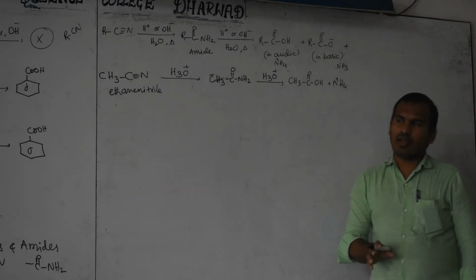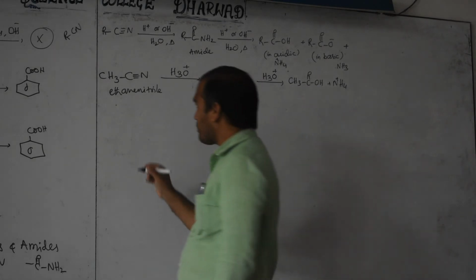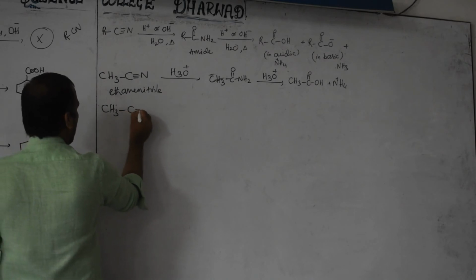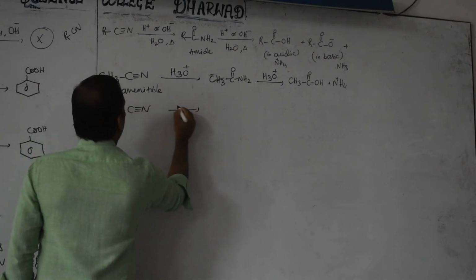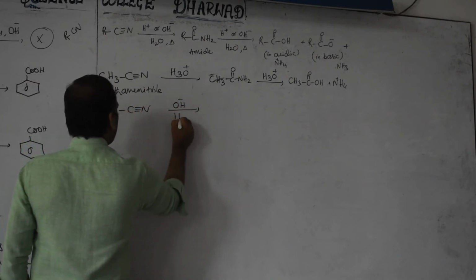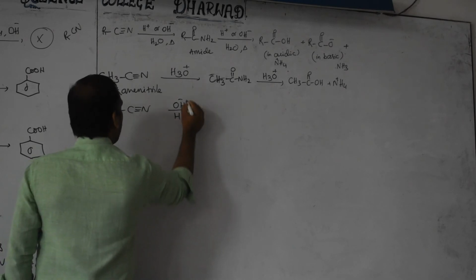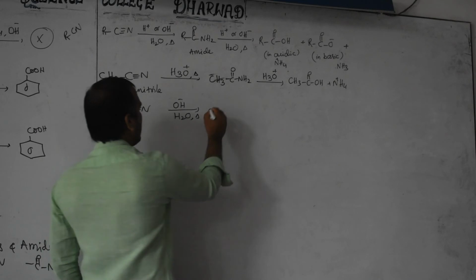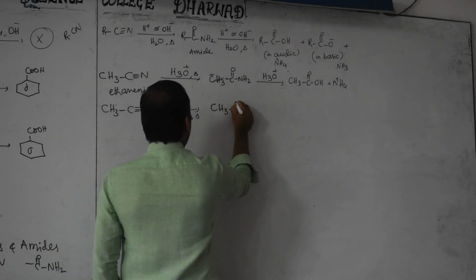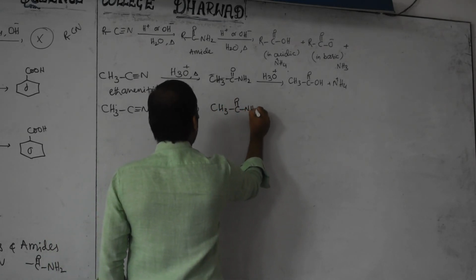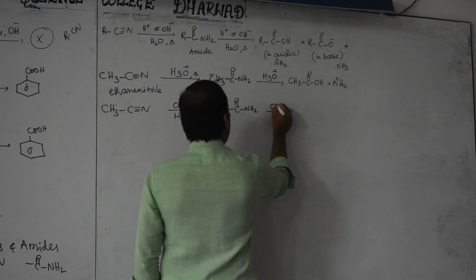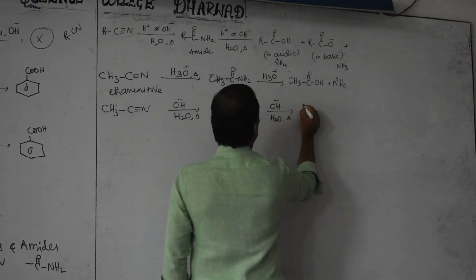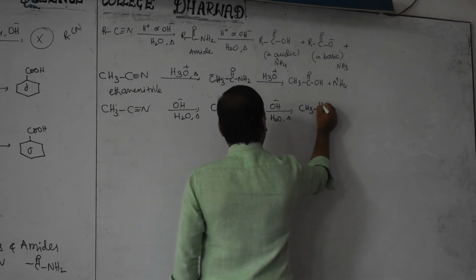Okay, now take the basic medium. Write the same compound, CH3 C triple bond N, on basic hydrolysis with a little bit of heat. Next, this converts into the same amide first, there is no change. And on basic hydrolysis again, it will be converted to CH3 C double bond O